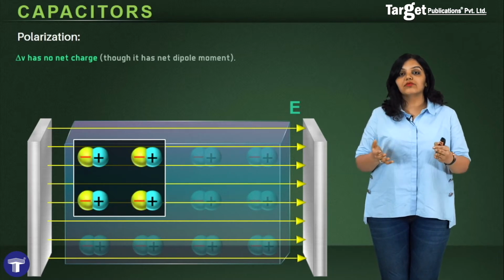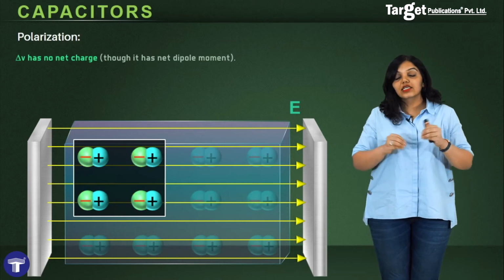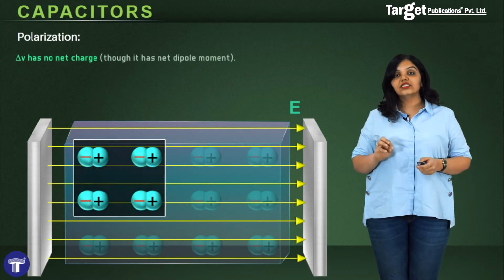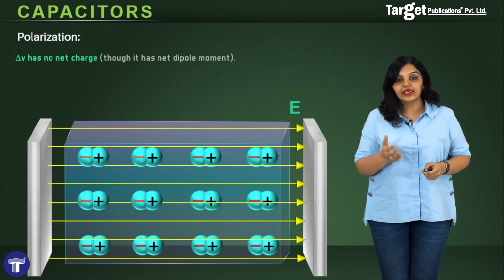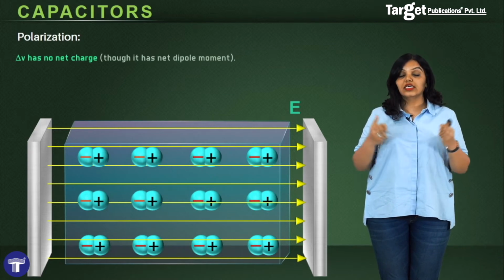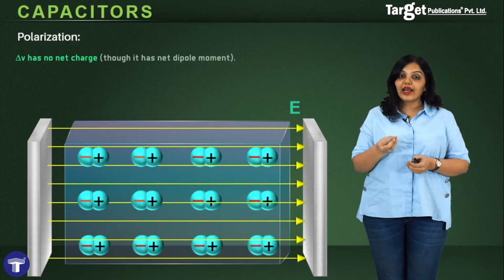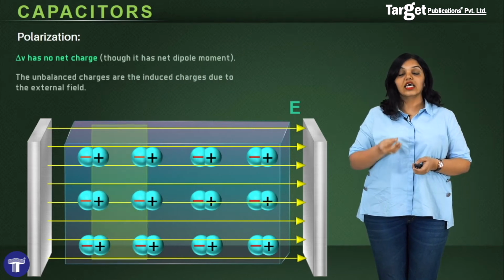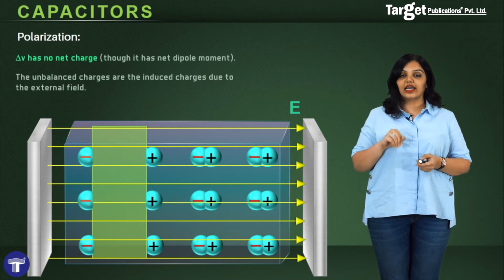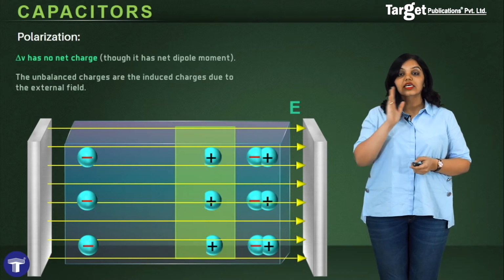How is it possible that when there is a separation of positive and negative charges, there is still no net charge in any portion of the dielectric? And the answer to this is the fact that the positive and negative charge centers of the molecules lie very close to each other inside the dielectric. So what do I mean by this? I mean that the effect of the positive charge centers is neutralized by the effect of the negative charge centers inside the dielectric. So as you can see, inside the dielectric, they lie very close to each other and neutralize